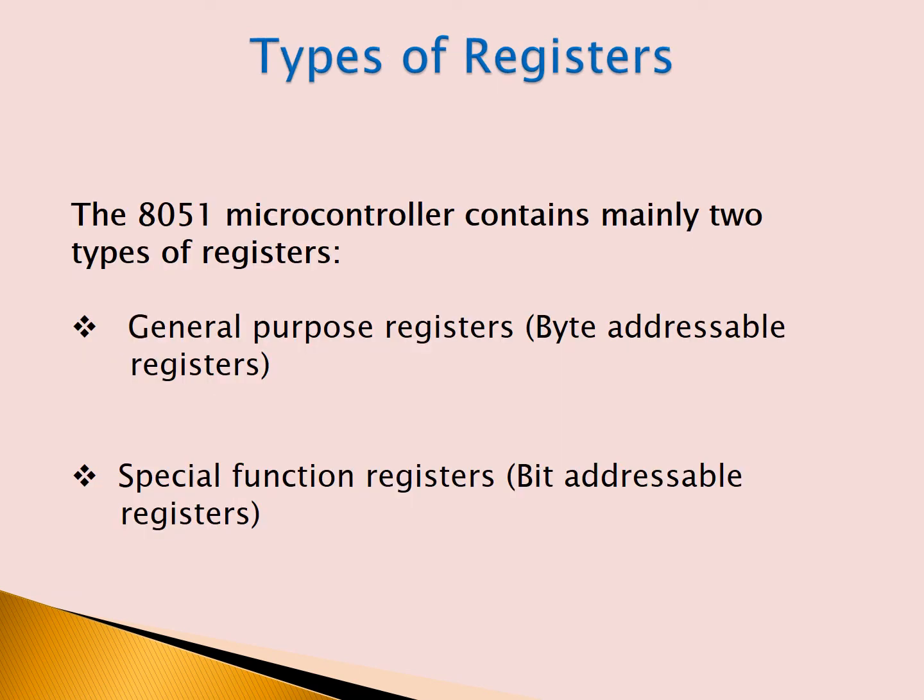Next is the register set of the 8051 microcontroller. A register is a small place in a CPU that can store small amounts of data which is used for performing various operations such as addition and multiplication, and it loads the resulting data on the main memory. The registers contain the address of the memory location where the data is to be stored. The 8051 microcontroller consists of two types of register. One is the general purpose register, another one is the special function register.